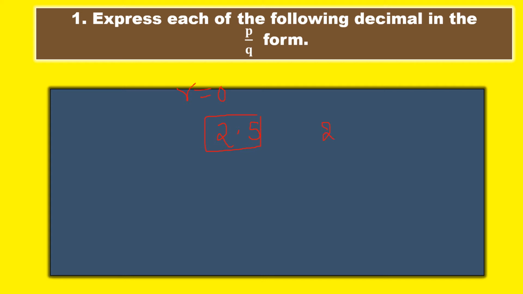If I have written 2.565656 and so on, suppose I have written it and I put dots. Dots means so on. 2.5656 and so on means there is no stopping, the 56 is repeating again and again, so I can put a bar on the 56. When there is repetition, we can say that it is not giving the remainder 0. When it is not giving the remainder 0, it is non-terminating, and if it is repeating, it is non-terminating repeating. Non-terminating, non-repeating are irrational numbers.